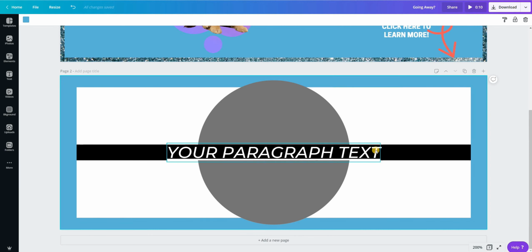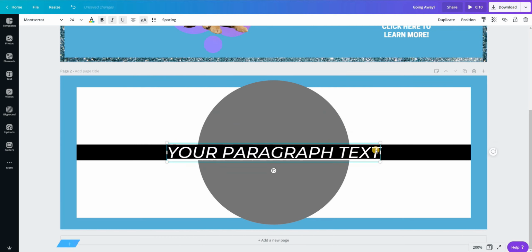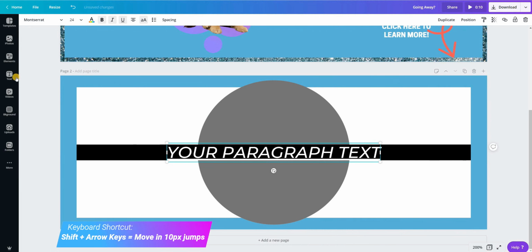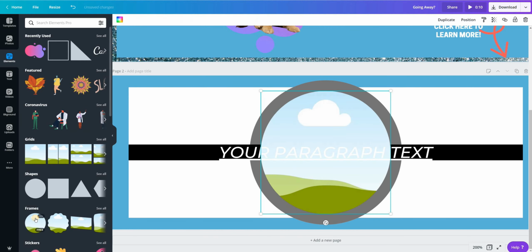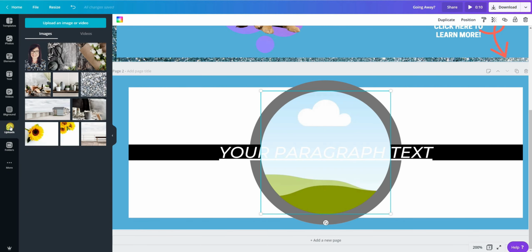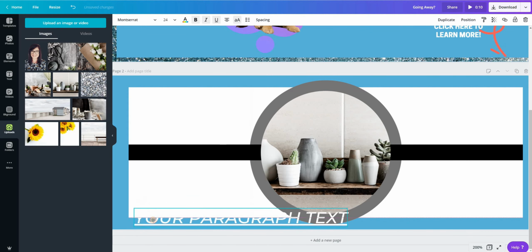Or a really useful one that I use quite a lot to move things around is to press Shift and the arrow keys, and you will move things around in 10 pixel increments. That I find especially useful if, let me demonstrate, if we go to Elements, pick a frame, and then if we add an image in there, just going to move this text out the way for a moment, and then say if I wanted to add my logo on top of that,